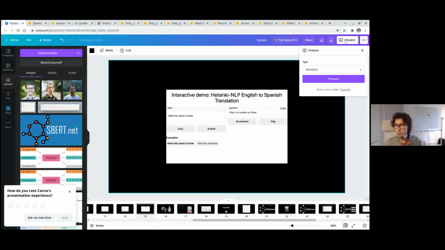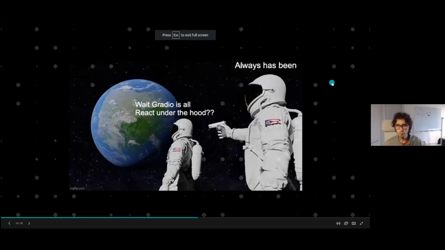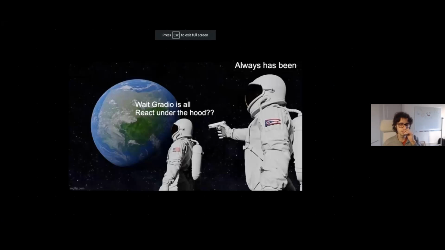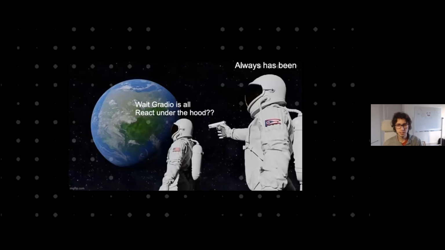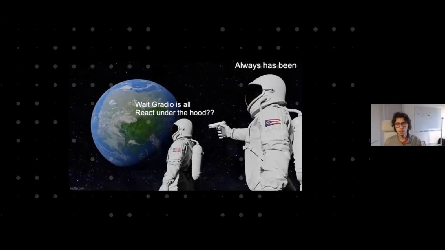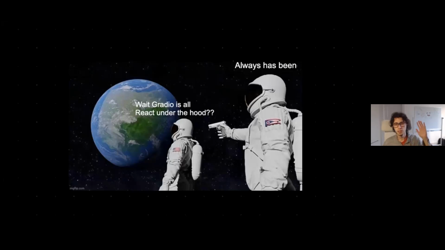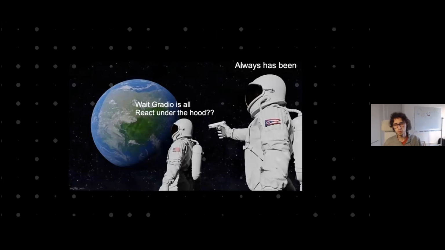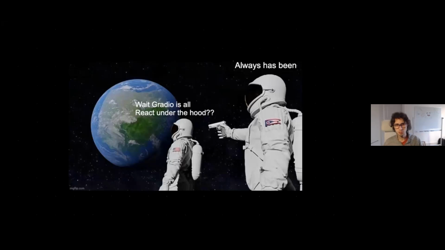Okay, let me continue with this. Under the hood, Gradio is using Svelte and Flask and other libraries that you don't have to bother learning. Gradio is a very nice high-level open source library that hides a lot of boilerplate, a lot of web development stuff that you probably don't want to learn. And as you just saw, with only like 10 lines of code, I was able to build this nice demo.